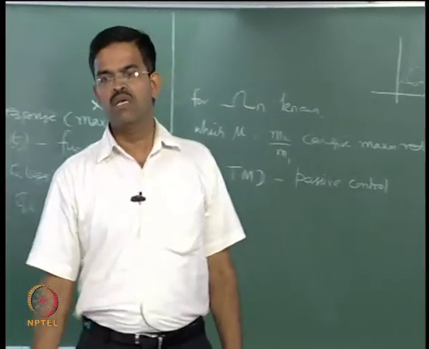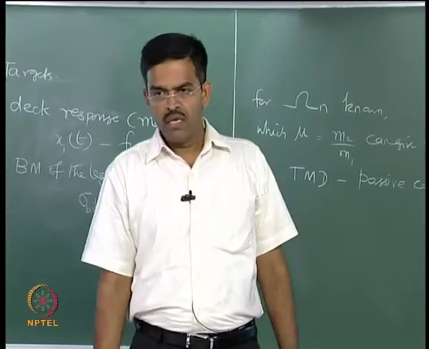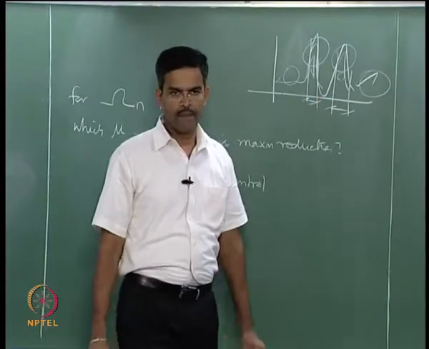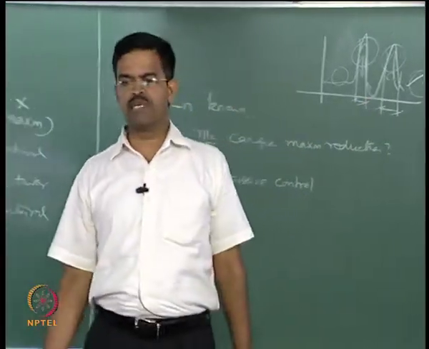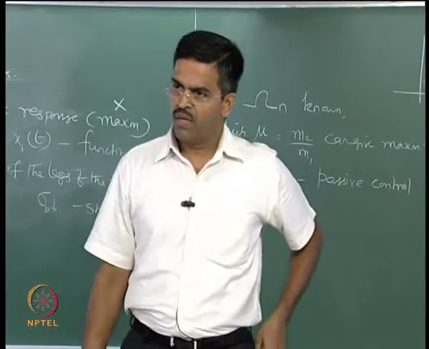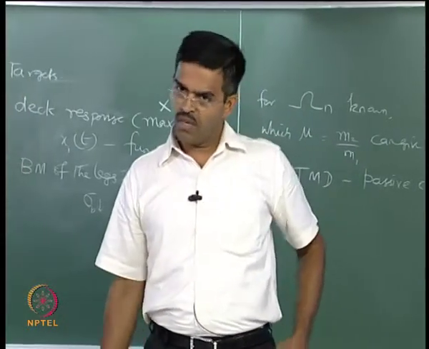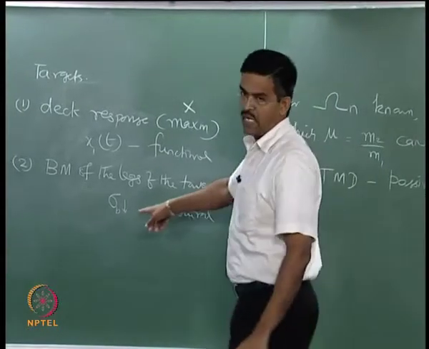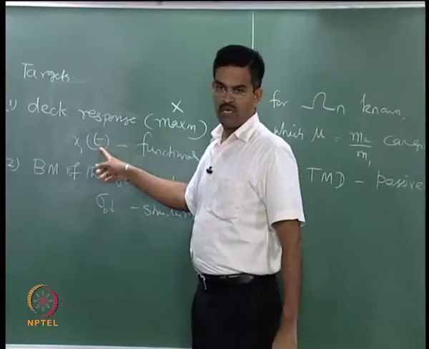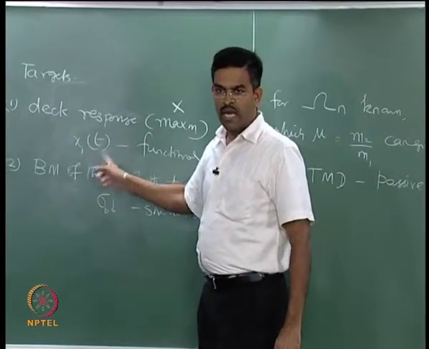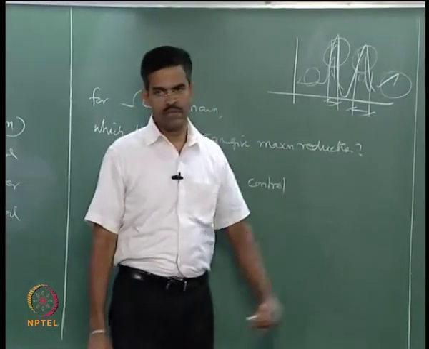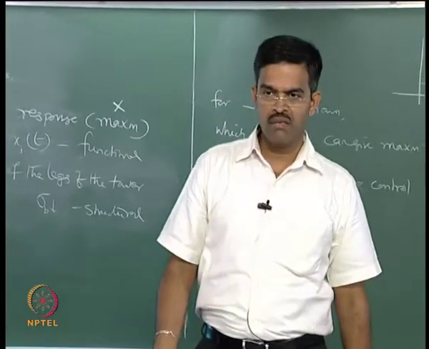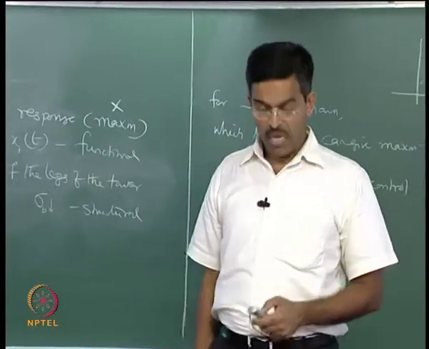So, generally it is an engineering attempt to control the response at the resonance. That is because it is expected that the response will remain maximum near resonance for the tower. Let us save or reduce the stresses in the tower legs and the response on the tower deck at least at the resonating frequency. So, we can pick up that kind of decision and design the secondary mass system to achieve this.